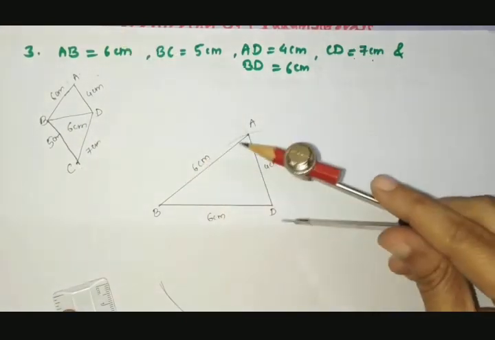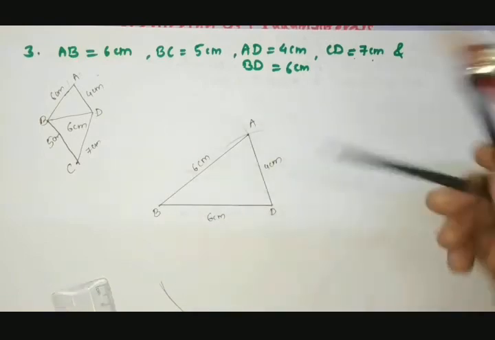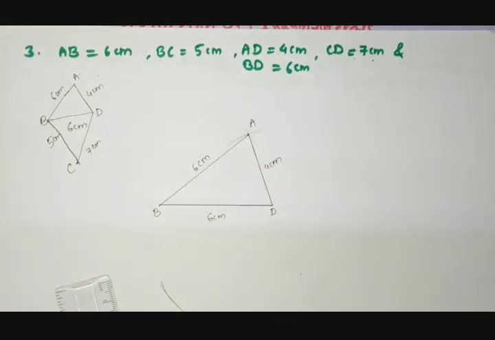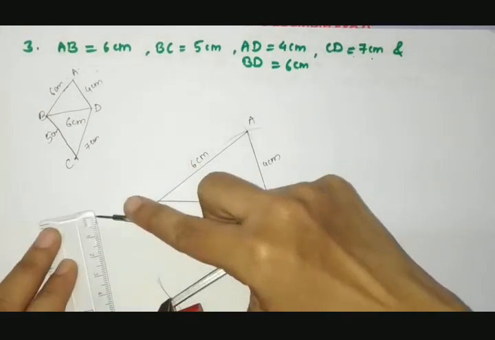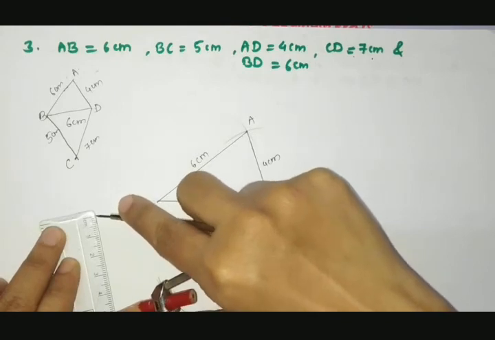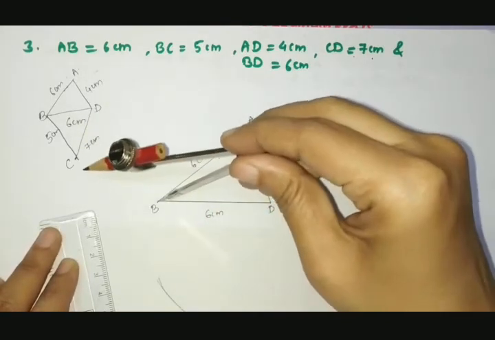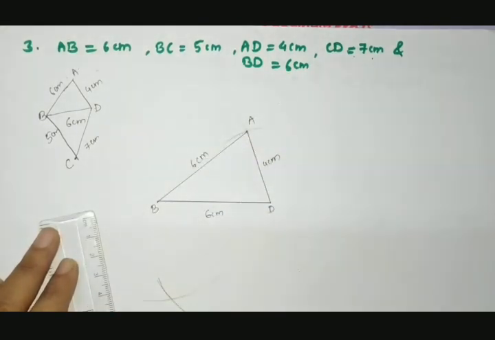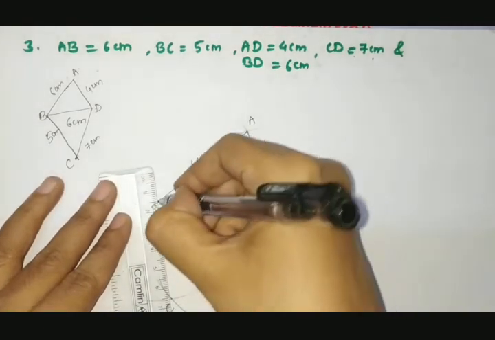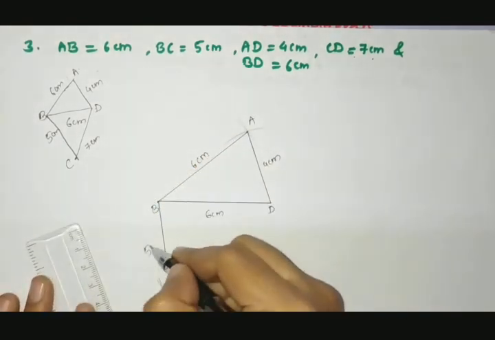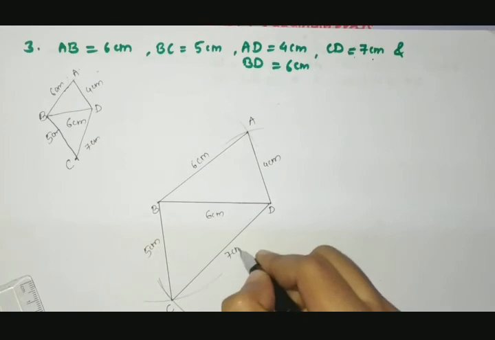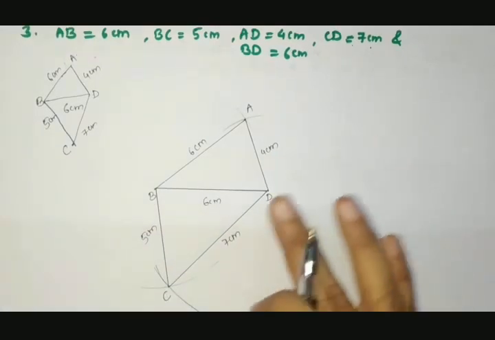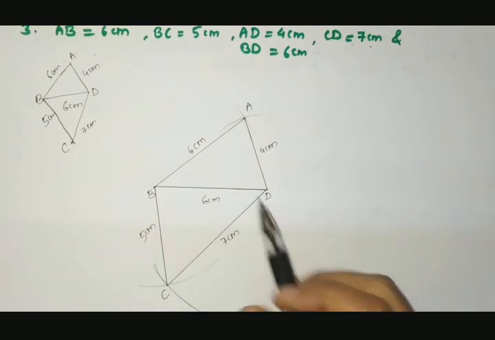Now B to C we need to draw. Take this arc long, B as a center, and we'll cut this C, okay, which we need as 5. This is a 5. So we'll cut this arc. The point which I got here is C. We'll join B to C. It is 5 centimeter, and then at last C to D, which is 7 centimeter. So friends, this is our quadrilateral ready. The quadrilateral is ABCD.